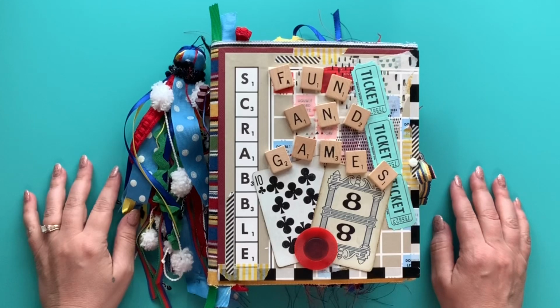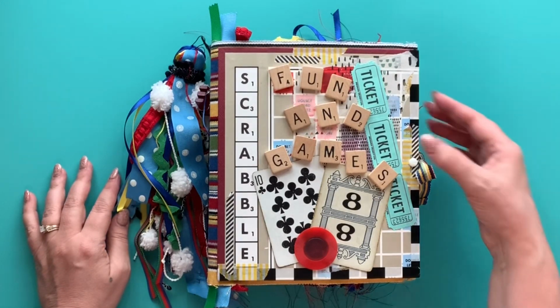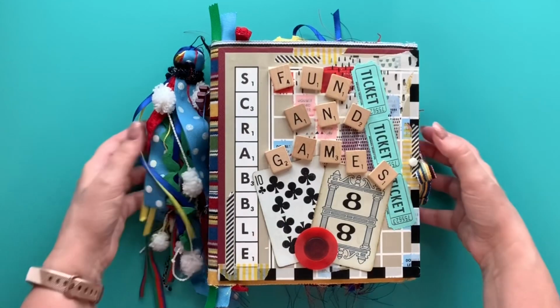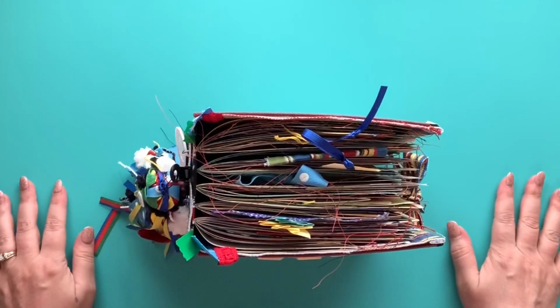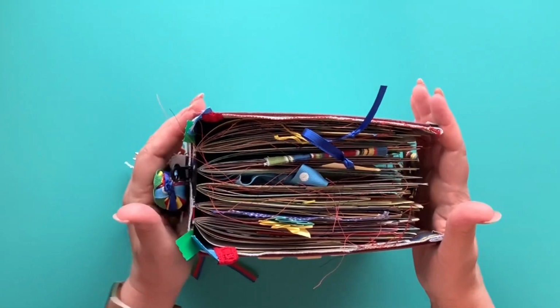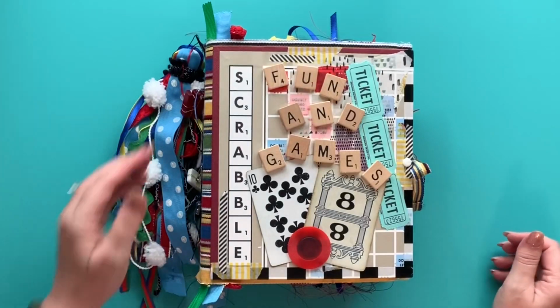This, I have discovered, I struggle to make journals that aren't fat. I'll just be blunt about it. I can't make skinny journals. See what I mean? Alrighty, so this is my Fun and Games